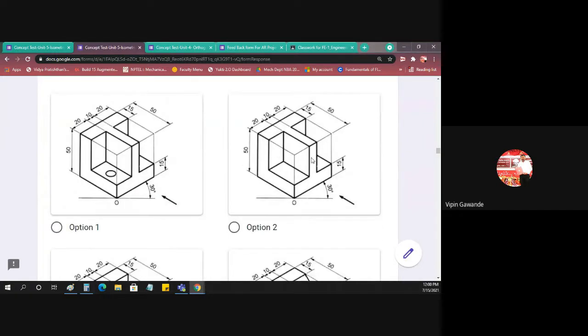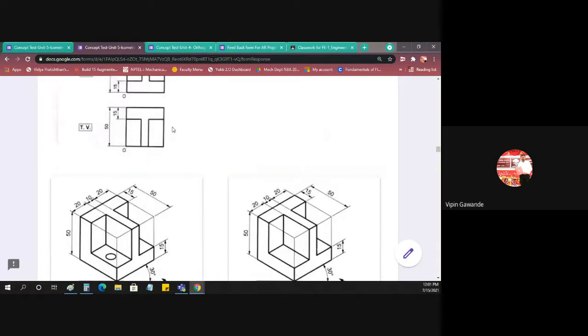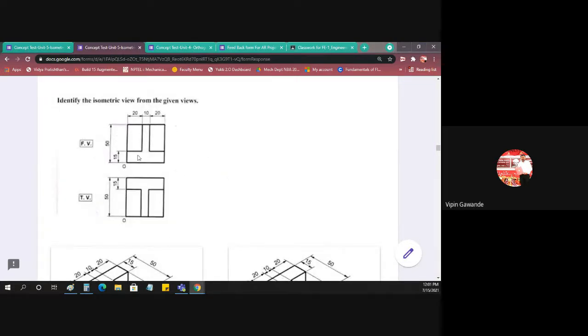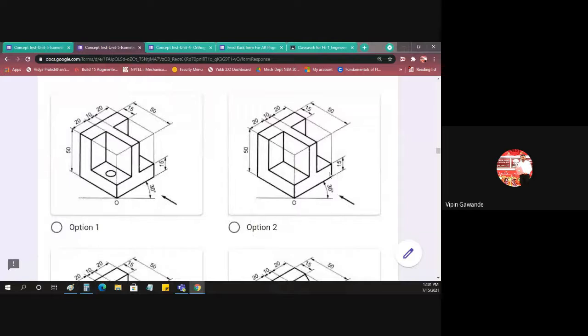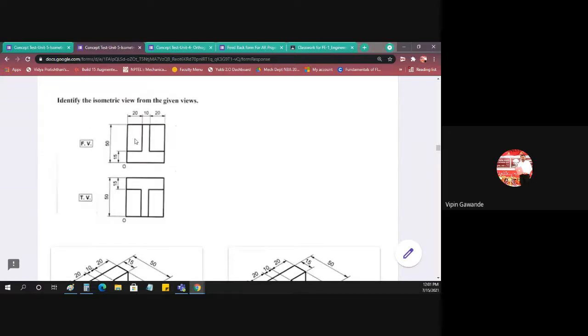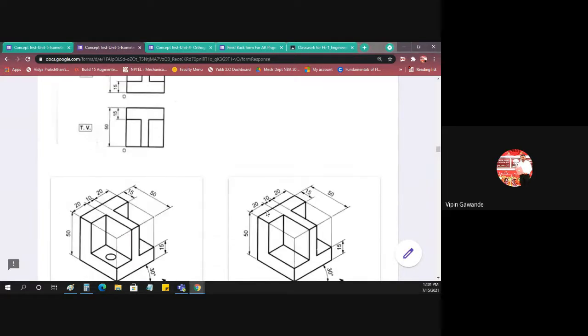Now let us check here. So the T is there. This vertical surface is visible in the front view. Then we got 2 rectangles, 1 and 2, and nothing else is there. So this is the correct answer for this front view. This is surface number 1, then this is 2, and this one is 3. So we got 2 and 3 here, and no dotted lines are there.